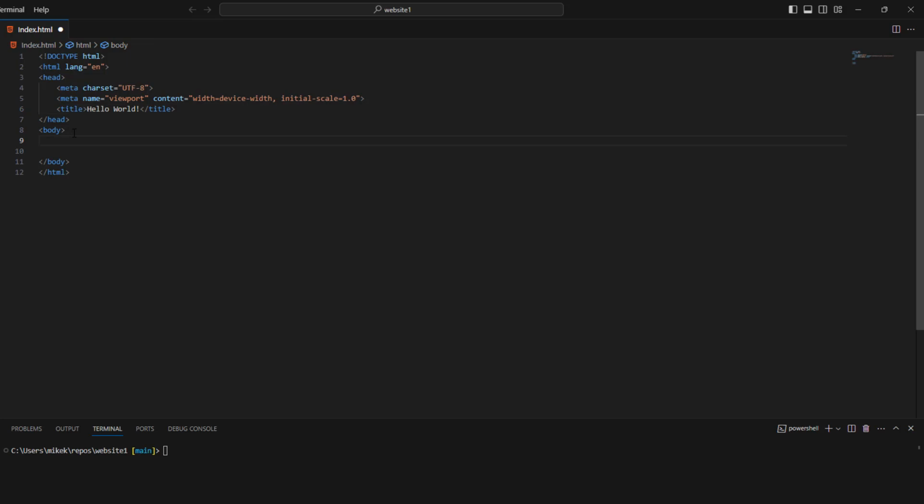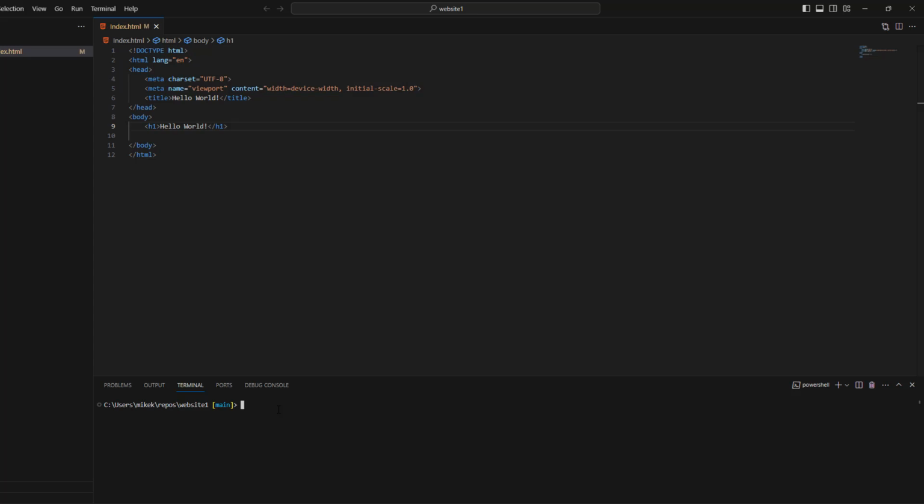And then put a big header, H1, tab complete, hello world, and save. Now, if we come down to here and we type git status, we can see that we have a modified file, and now posh-git is telling us that we have a modified